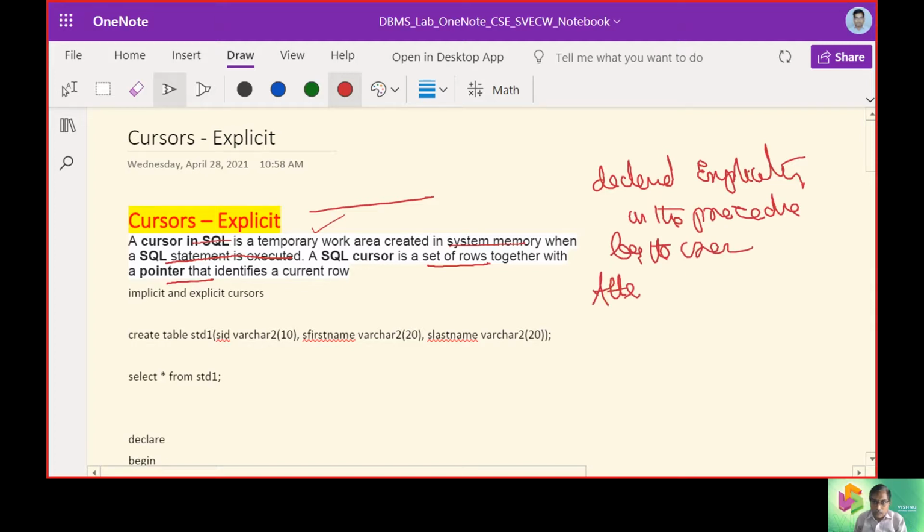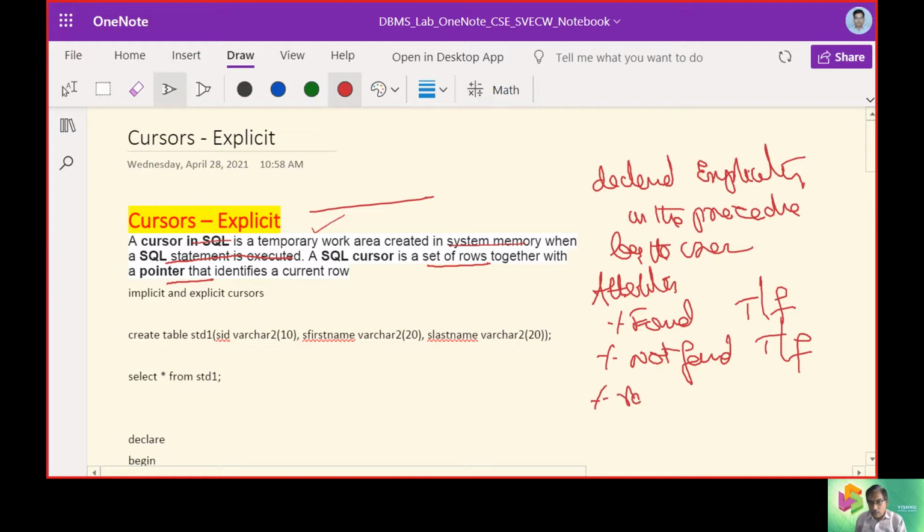Now there are some attributes which can help the cursors: %FOUND, which gives true or false; similarly, %NOTFOUND, which says true or false; and %ROWCOUNT, which displays the number of rows. All these items are covered as attributes of cursors.